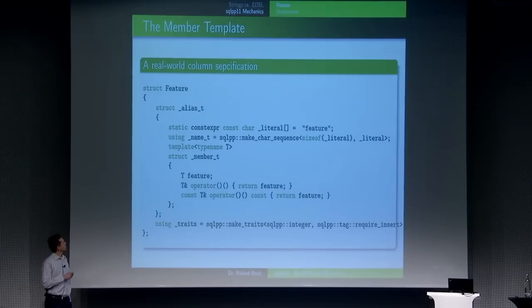It has some name stuff above here, so it turns a string literal into a character sequence, so that later on in the library we can compare names and assert uniqueness of names. So everything that has the name feature also has the same character sequence for these letters here. And later on we can compare types because,